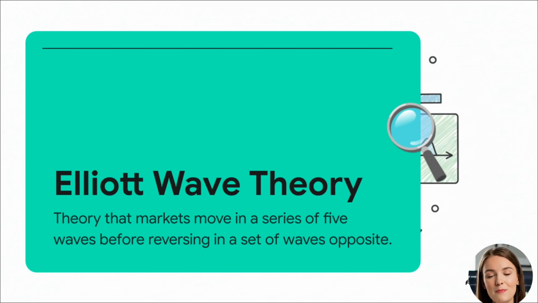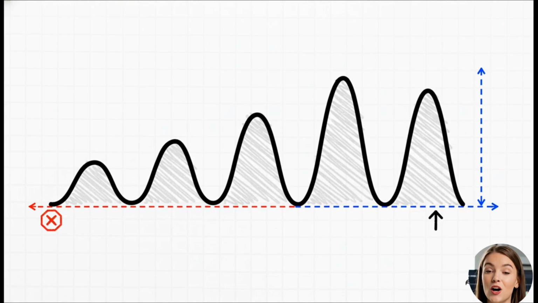And that swing unfolds in a predictable 5-wave pattern up and a 3-wave pattern down. It's almost like having a roadmap for the entire life cycle of a trend. Now here's the crucial part. This isn't just about drawing squiggly lines on a chart and hoping for the best. For any pattern to be a true Elliott wave count, it has to follow these 3 non-negotiable, unbreakable rules. If even one of them is broken, the count is invalid, it's off the table, and the analyst has to